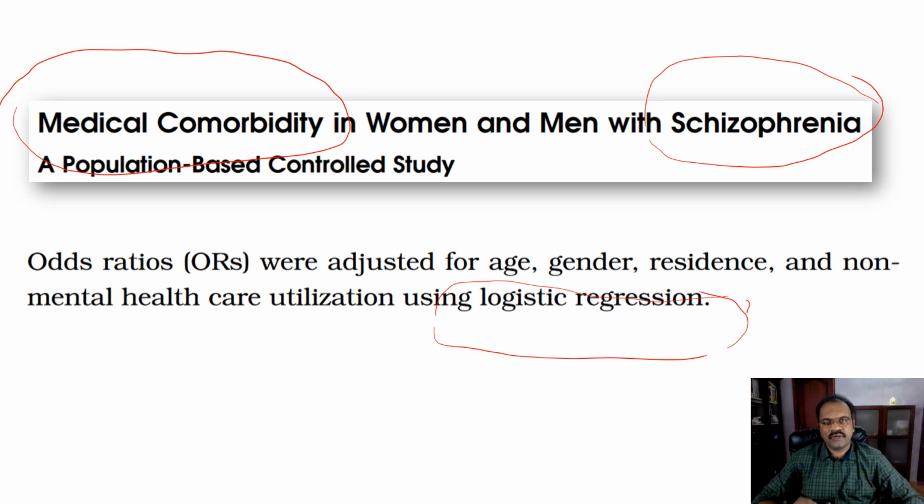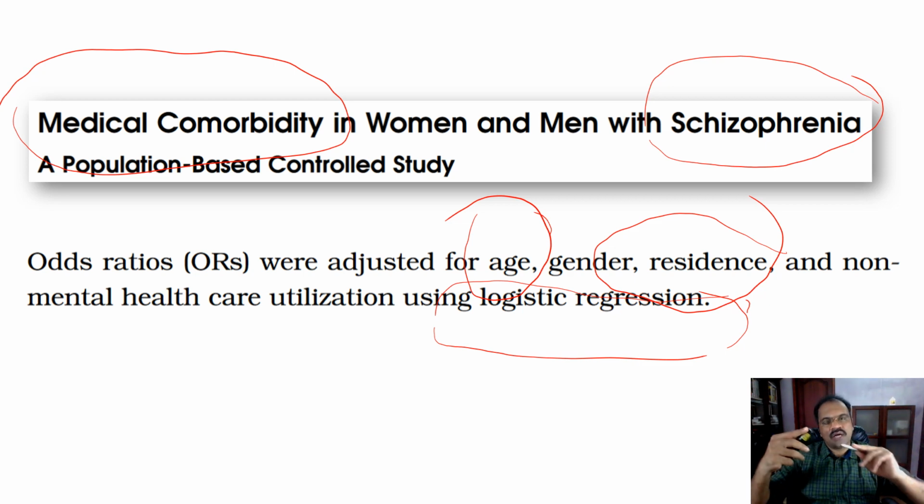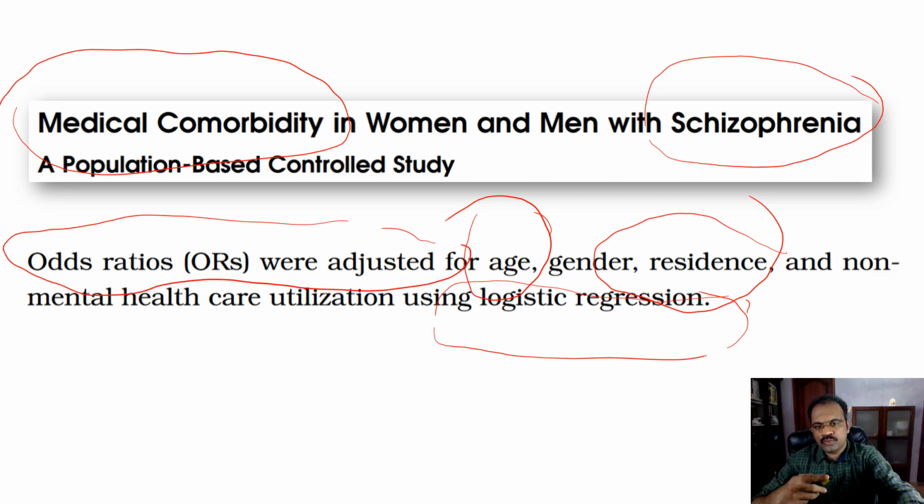It may be because of other reasons also. Those who are of older age have a higher risk of medical comorbidity. People from certain areas, maybe areas with higher pollution, are at higher risk of medical comorbidities and so on. So the authors assess those factors also, then they statistically control for those factors, and after that they give you the adjusted odds ratios. So that is how the authors should be adjusting for the possible confounding factors.